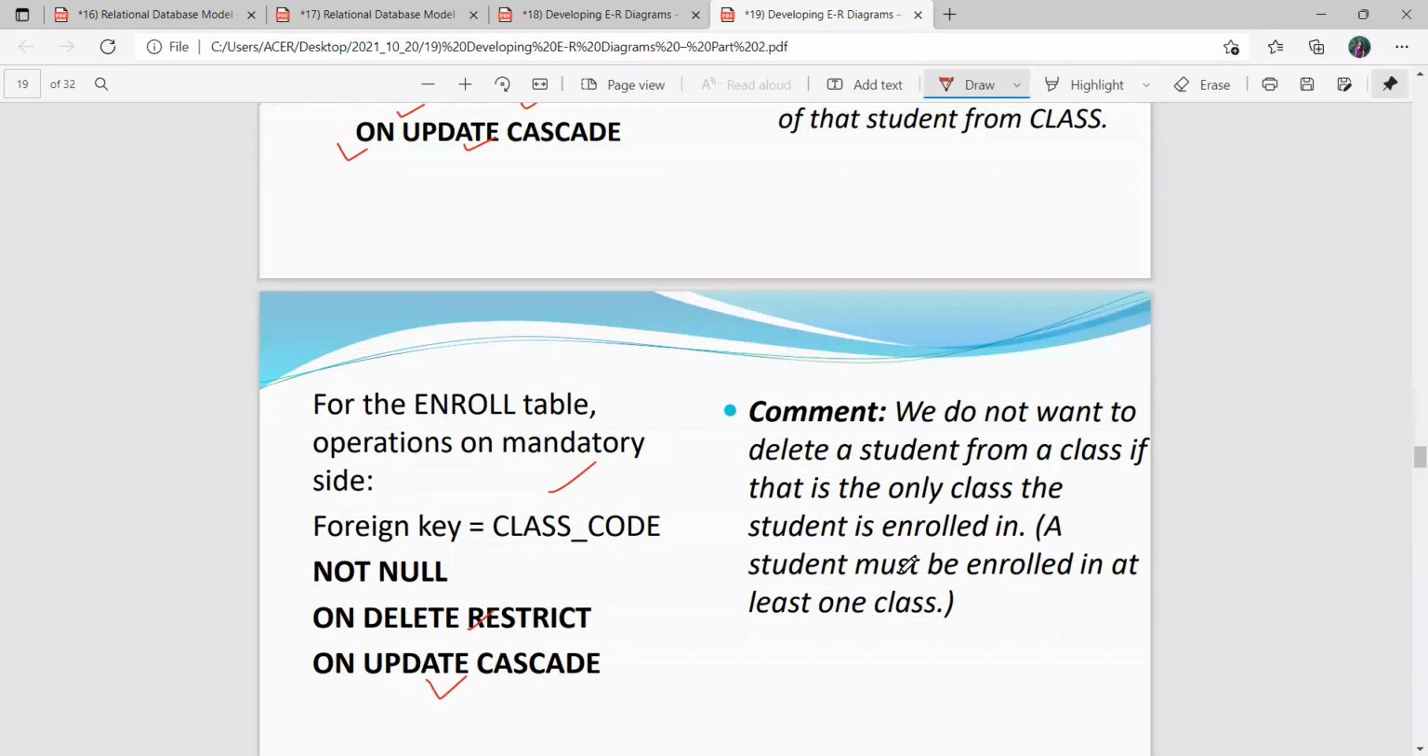When we consider that a student must have at least one class, you cannot delete the student. That means we do not want to delete the student from the class if that is the only class